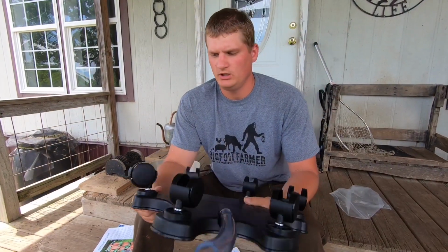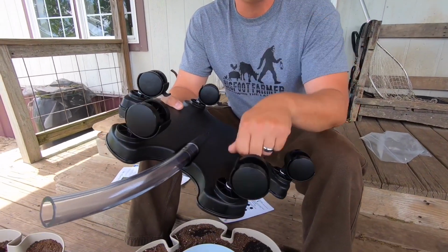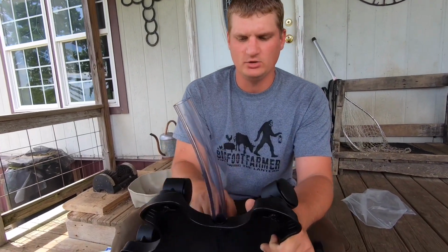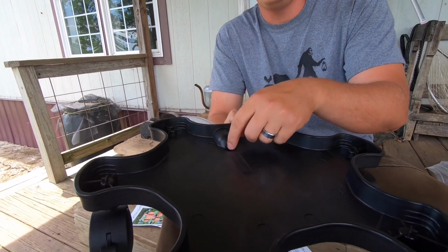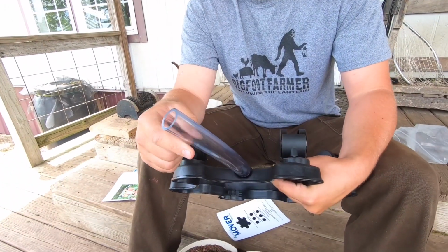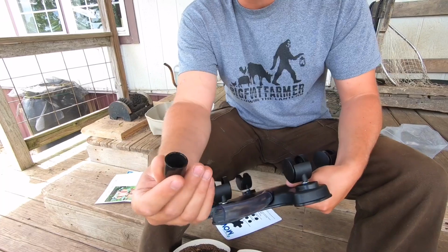So on the little rolling mat, it's really easy to stick these in. You literally just grab them, stick them in there, and you're good to go. And actually, I didn't know it had this, but it has a little drain, to where when the water comes out right here, it kind of has a little bit of water. You have a little drain here,